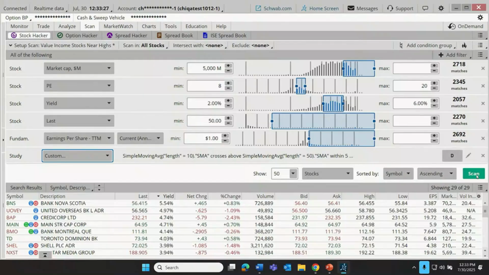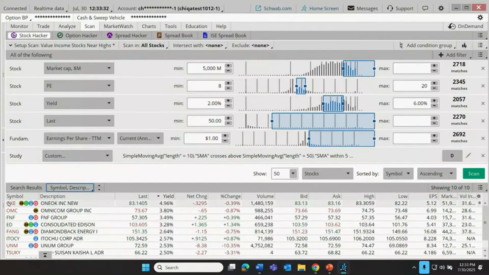So now let's run a scan. I don't know what we're going to get here. Let's run a scan. Let's see what we get here. All right, it looks like we have 10 companies that meet all of the first 5 criteria, and they're also showing a recent crossover. Now, if you didn't follow how a crossover system works, that's okay. This is just a tool demonstration. I'm not trying to teach you how to do investing. That's going to vary from one trader to the next. I'm just demonstrating the capabilities of the tool. You can experiment with these on your own.